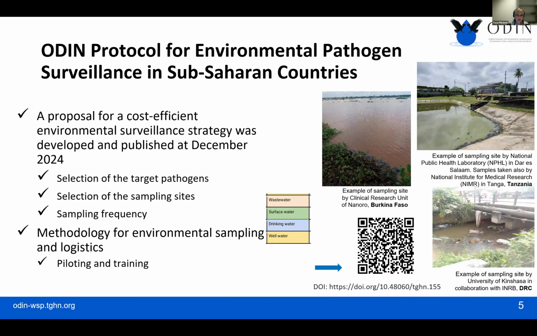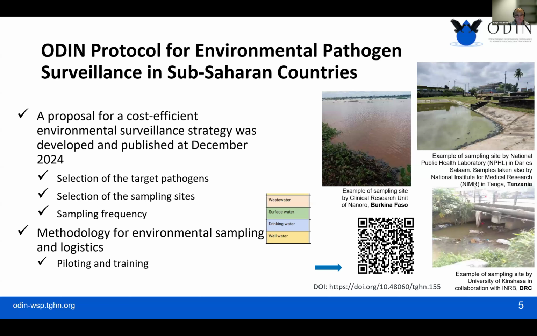So there you can see the selection of target pathogens, selection of sampling sites and sampling frequency. So we have wastewater sampling locations, then we have surface water sampling locations that we know contain human excreta, and then we are also interested in drinking water safety. So we have drinking water samples and well water samples that we are analyzing in this ODIN